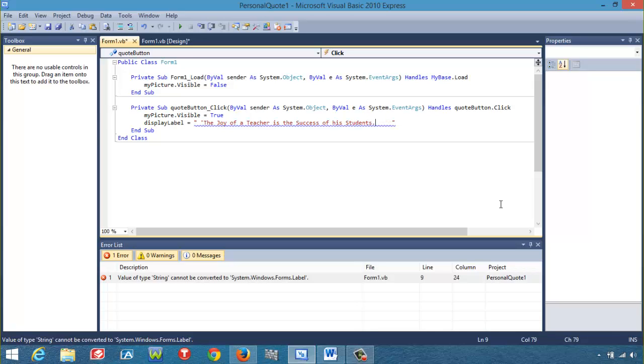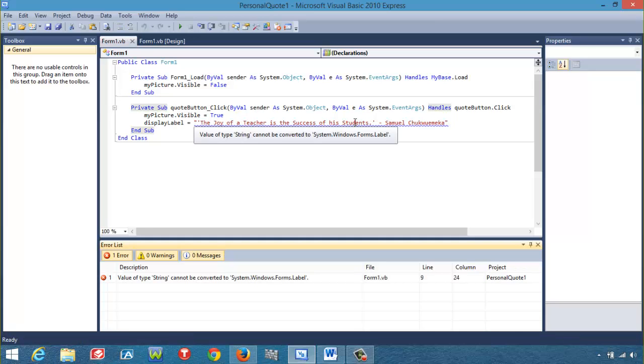And then I will put a full stop, and this is a single quotation, and then I put Samuel Chukwuemeka. Okay. I will now bring this closer and bring this closer. Because there are build errors, it says here, string cannot be converted to